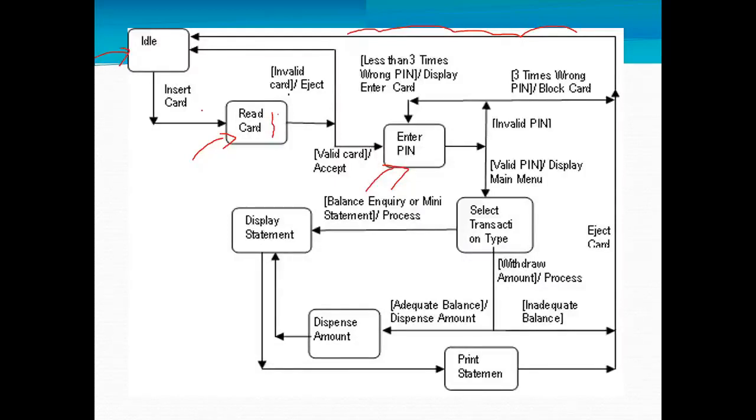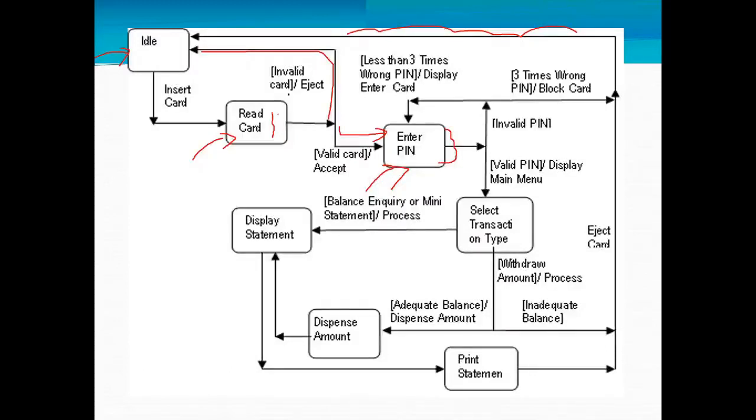See, based on the ATM card which you insert, the system state is going to change now. It is going to read the card. And based on the card reading, it is going to tell you whether it is a valid card or invalid card. If it is an invalid card, again it will ask you to insert it once more. And if it is a valid card, it is going to ask you, see, now again the state changes. If it is a valid card, it is going to ask you the next state.